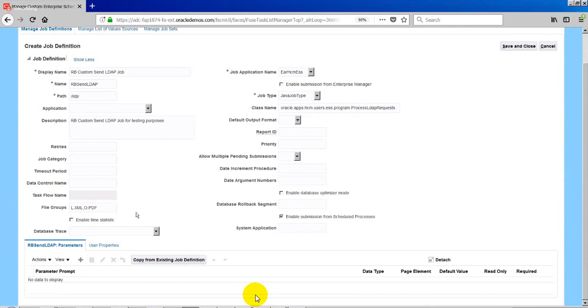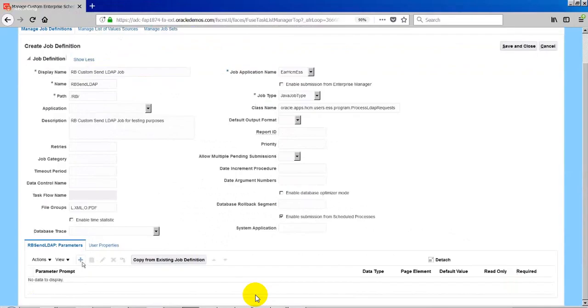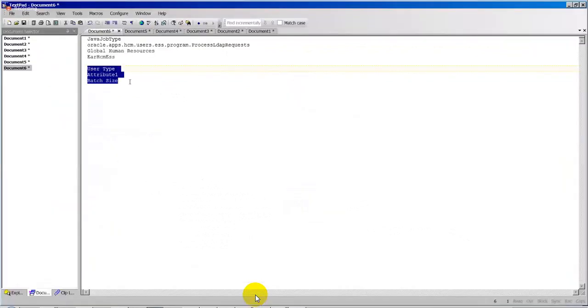Okay, and again, here we have something called parameters. So we have to define the parameters. Whatever parameters that program has, those parameters have to be defined. I'm defining the parameters. And typically the program takes a list of values for user type, like all, AF, and A, something like that. So whatever program I'm going to define, I make sure the program will always have all as a parameter. Okay.